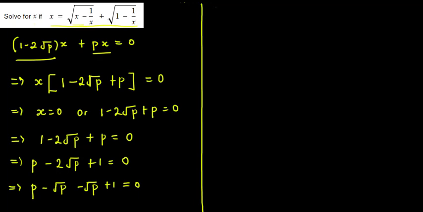And we can factor out root p from here and minus root p from here. So root p into root p minus 1 minus root p into,